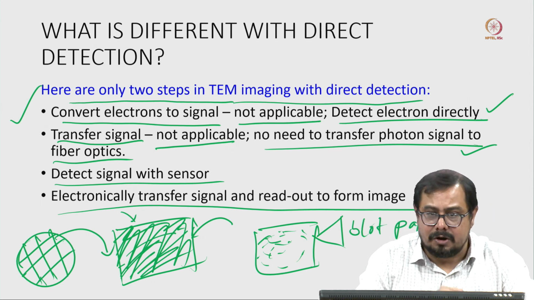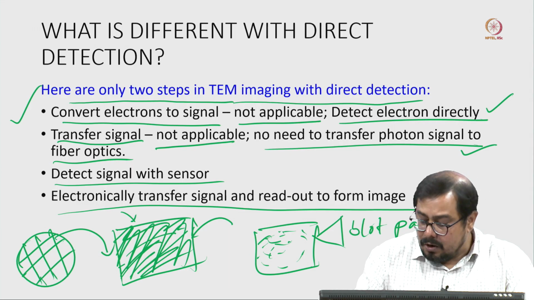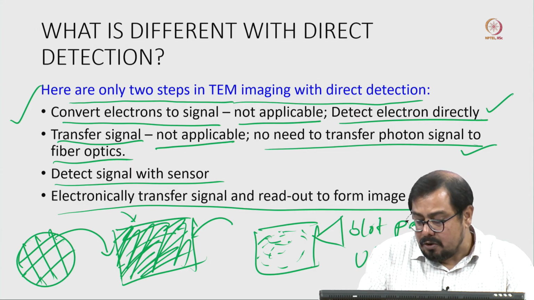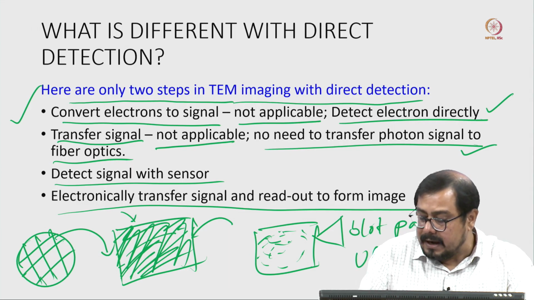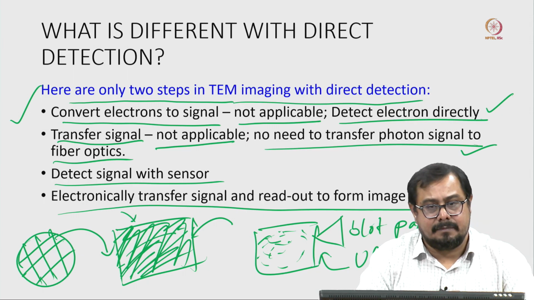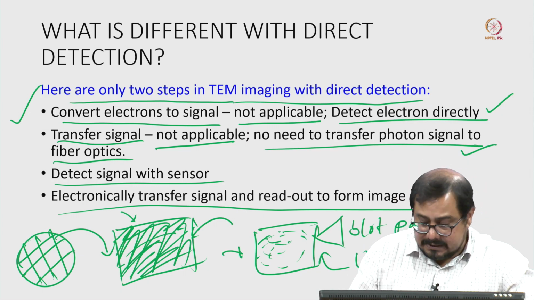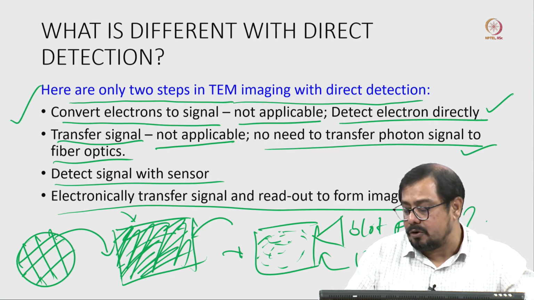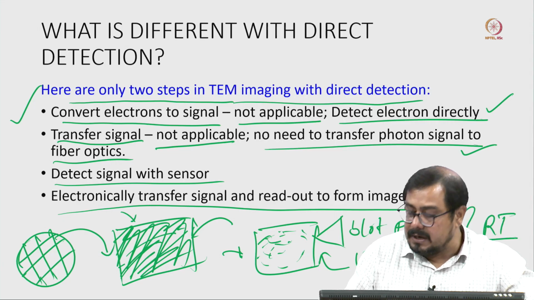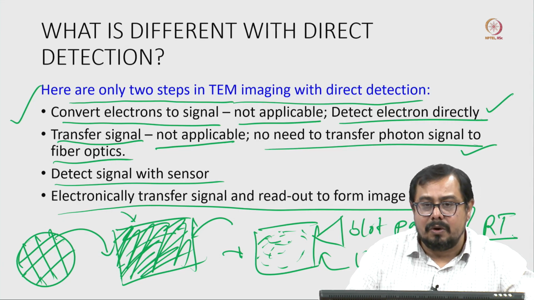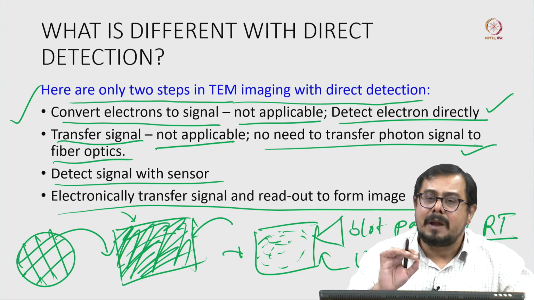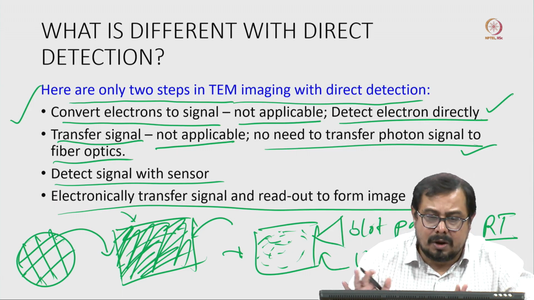Then we will blot the excess buffer. Then we will use uranyl acetate or uranyl formate to stain this grid, and we will keep it in dry condition at room temperature. Keep the entire thing at room temperature for 10-15 minutes. When this grid dries, we take it and image it. A lot of the time we keep it inside the desiccator also to keep it dry.